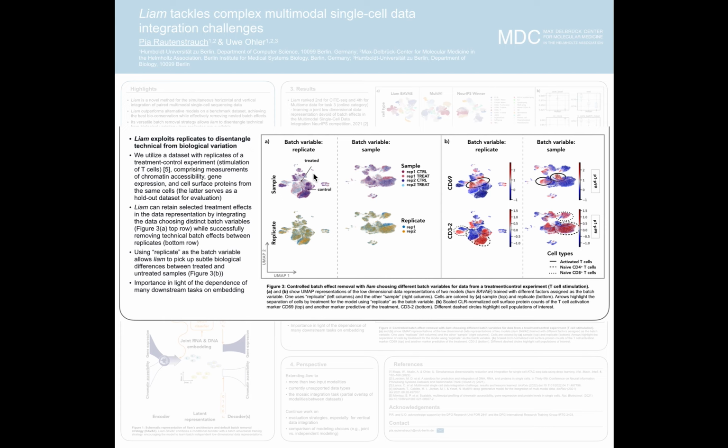And this is exactly what you can see in this figure. So when looking at the replicate, we see a very nice mixing of replicates in both models. And when we look at the actual sample ID, we see this strong stratification by treatment and control in the embedding obtained by the model that uses the replicate as the variable. And this is further exemplified by the cell surface protein expression of our holdout modality. So we use cell surface protein expression as a holdout here. And you can see that secondary effects of the treatment, for which CD32 is the marker, are only retained in those embeddings where we use the replicate as the batch variable, but we see this is completely blended in and mixed when we use the sample as the batch variable.